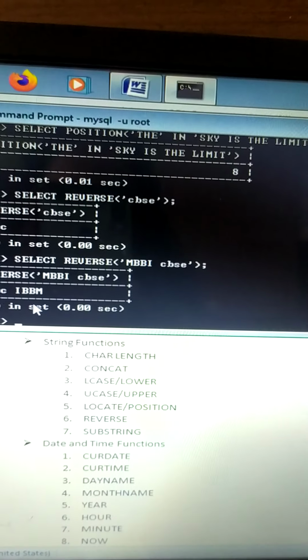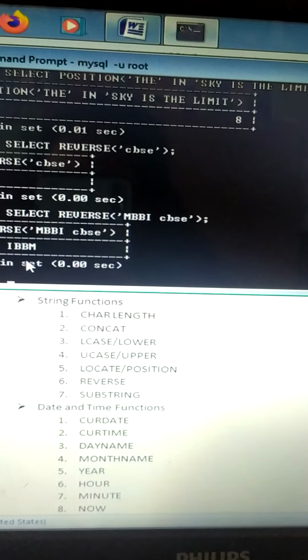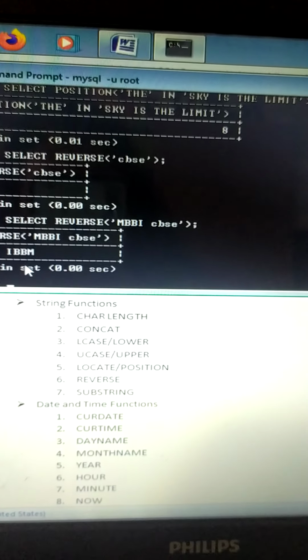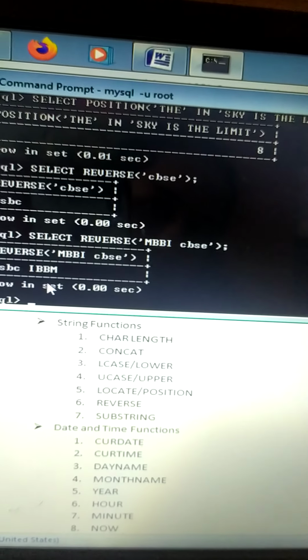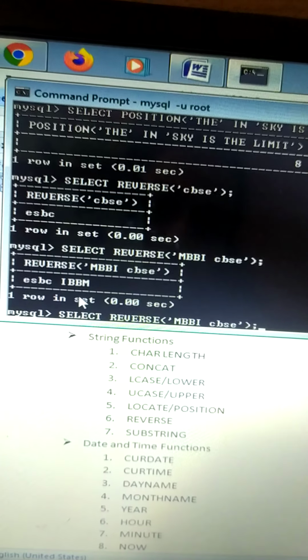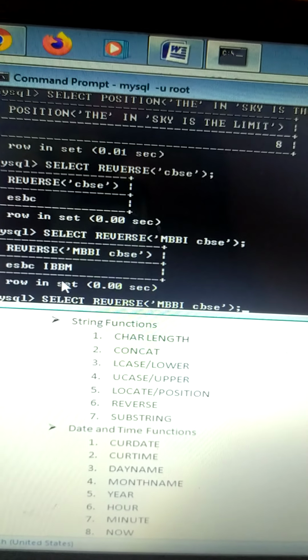The next function is substring. Now, what do you mean by substring? Let's see it with an example.